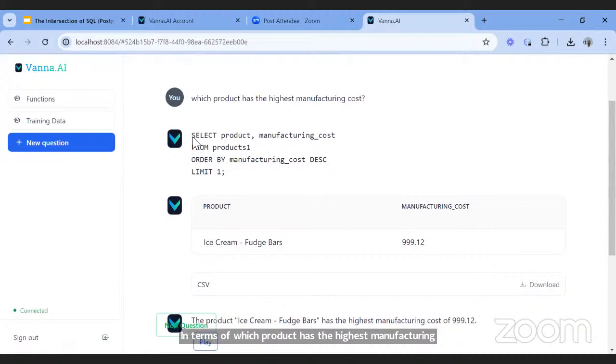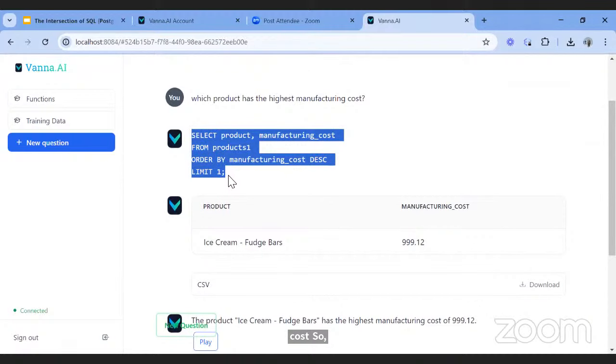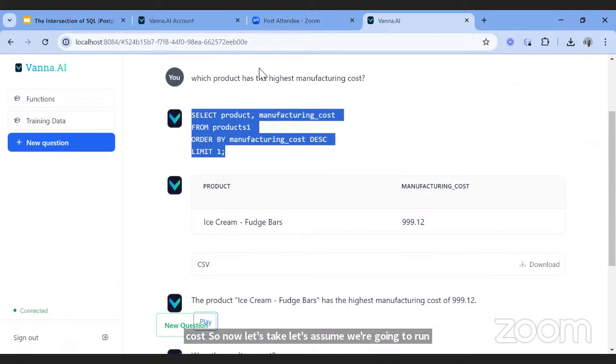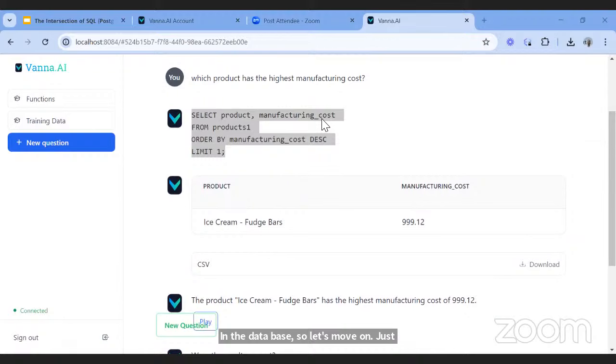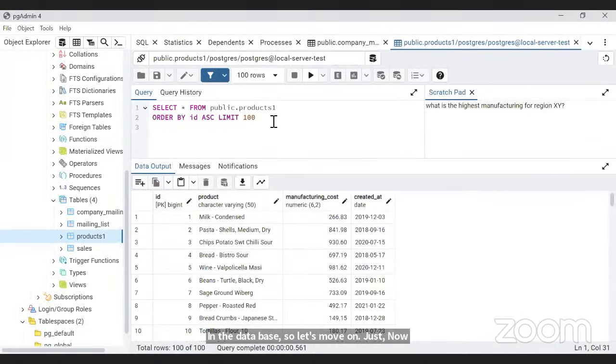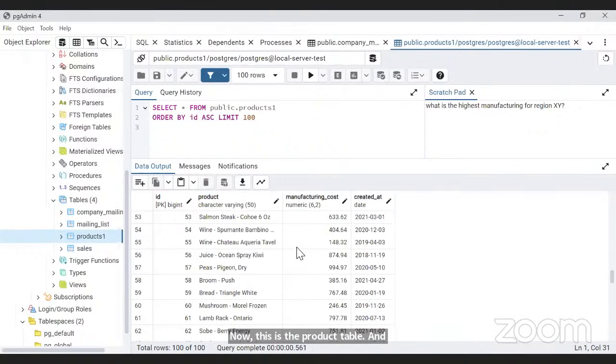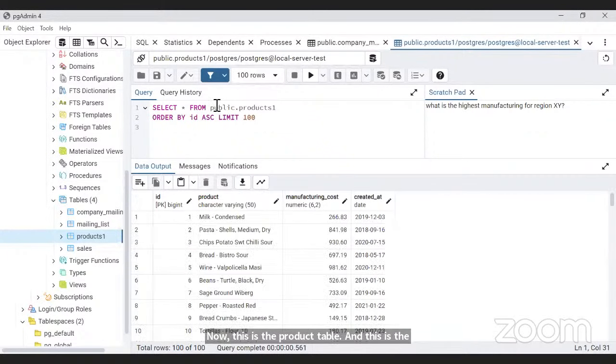So now let's assume we're going to run this query by ourselves in the database. So let's move on to our database. I'm going to share that screen now. Cool. Now, this is my product table, and this is the manufacturing cost for a variety of different products, as you can see here.